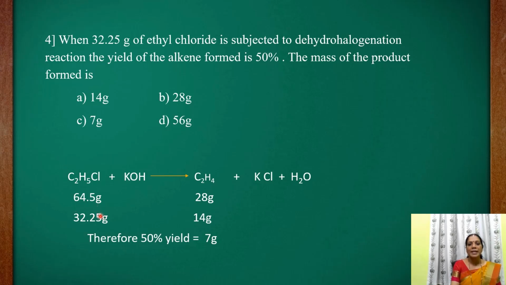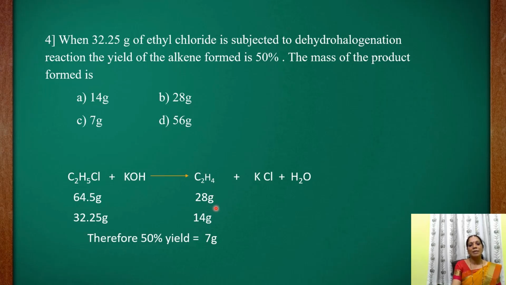Okay, this is a stoichiometric calculation we have to do here. 64.5 grams is the molecular mass of ethyl chloride. On reaction, it produces, no need to find out the molecular mass of this because the question is based on only the ethyl chloride and alkene formed. Let us check the alkene formed. In the case of the ethyl chloride, the alkene formed is which one? Ethene, isn't it? 2 carbons, 24 is the atomic mass, plus 4 hydrogens, 1 into 4 means 4, 28 is the molecular mass. That means during the reaction, if 64.5 grams of the ethyl chloride undergoes reaction with the alcoholic KOH, mass of the alkene formed is how much?